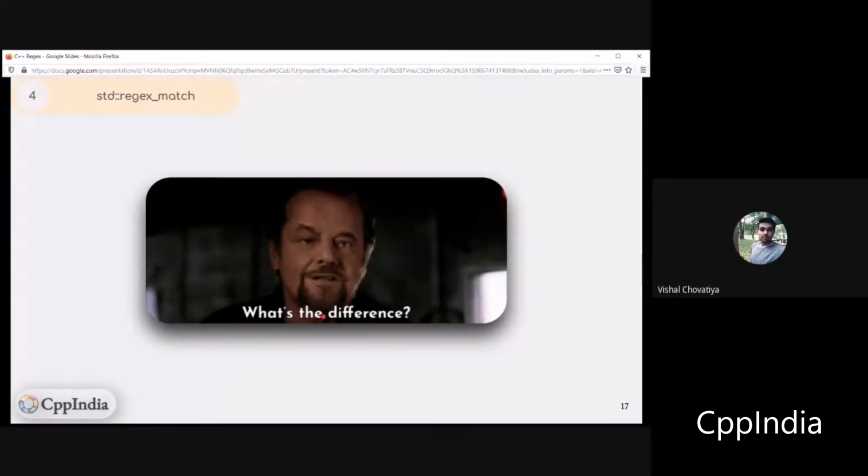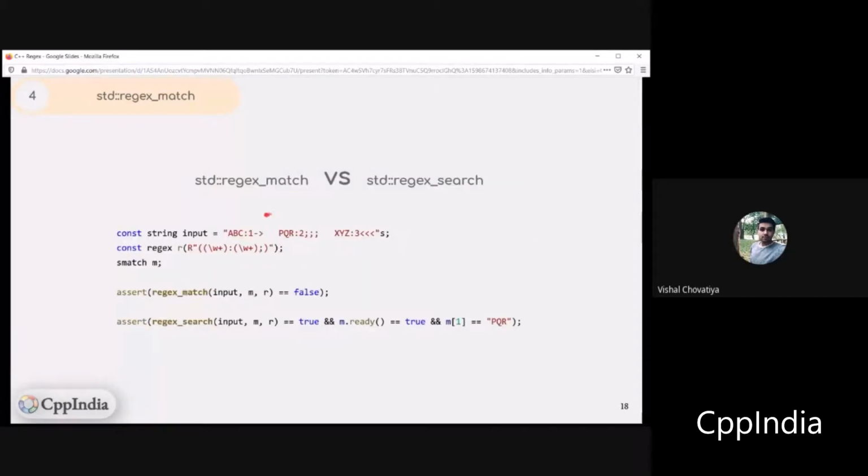Moving forward, regex match is matching the string and regex search is also matching the string, so what's the difference? This is a simple and intuitive question if you are learning regex match and search for the first time. Let's see it with one example. The string is the same and the pattern is the same. Although I'm passing all the same parameters, the input and the regular expression pattern, in regex match and search,